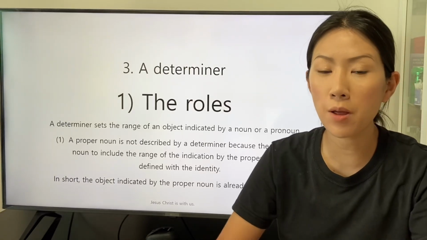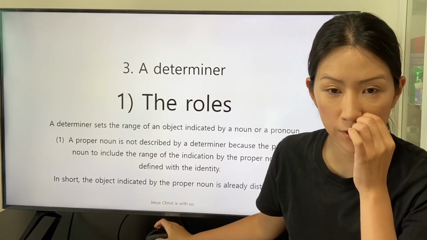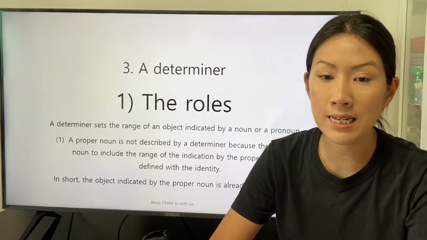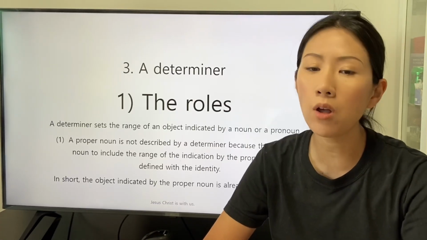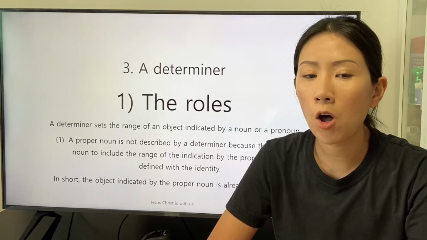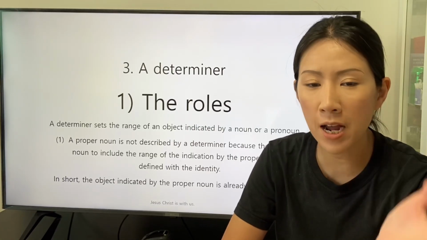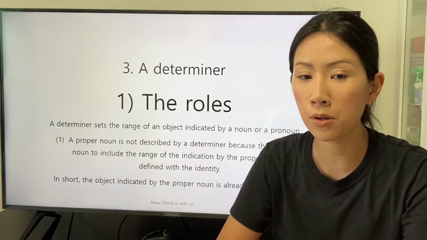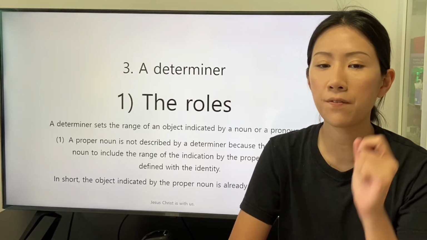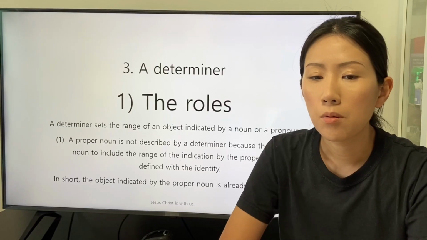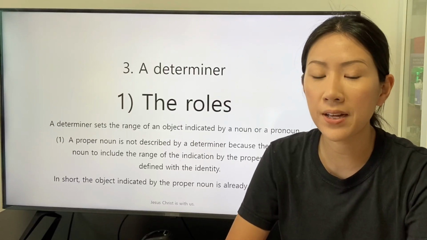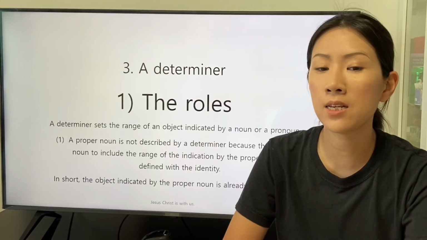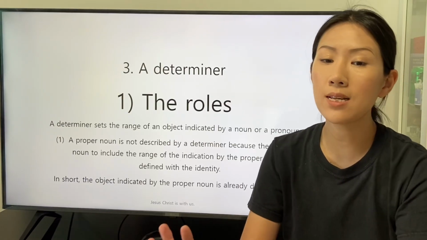Let's turn to study about the roles of a determiner. A determiner sets the range of an object indicated by a noun or a pronoun. A proper noun is not described by a determiner because the range of the indication by the proper noun is defined with the identity. In short, the object indicated by the proper noun is already distinguished